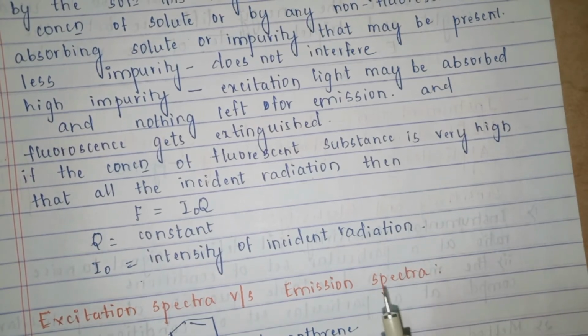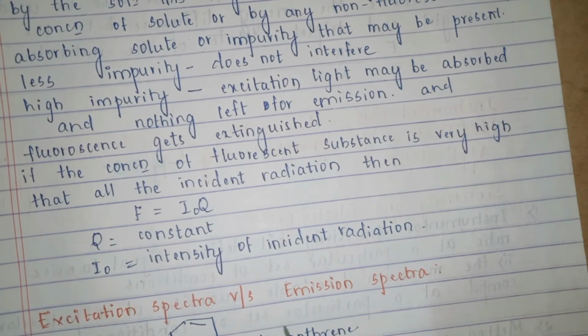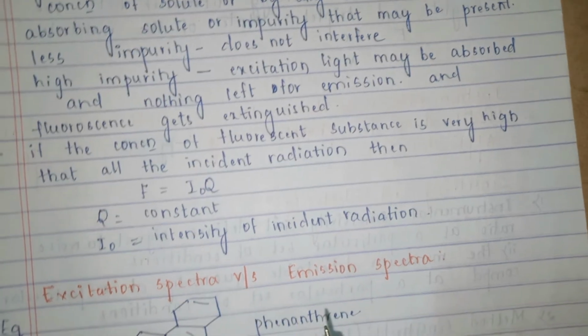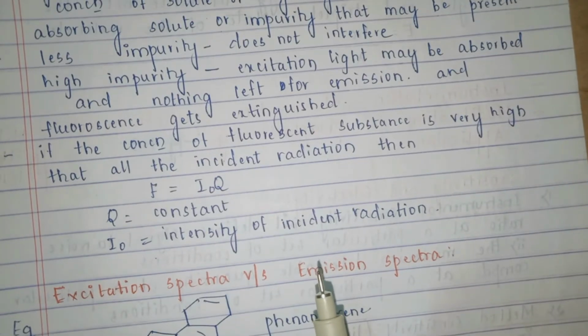What we can understand from this is, if we have a very high impurity or a very highly concentrated solution, then the fluorescence phenomenon is generally quenched off. That means it is completely extinguished because of the self-absorption. Or if there is an impurity, again the fluorescence phenomenon is lost because the impurity might absorb all the emitted radiation. Now this is about the variables affecting the fluorescence phenomena and in turn the phosphorescence phenomena. So we have seen various variables affecting it.